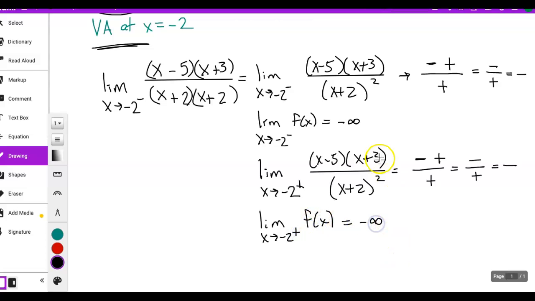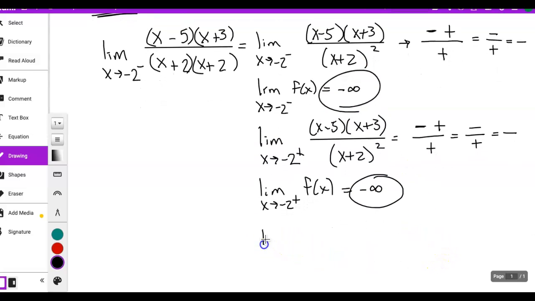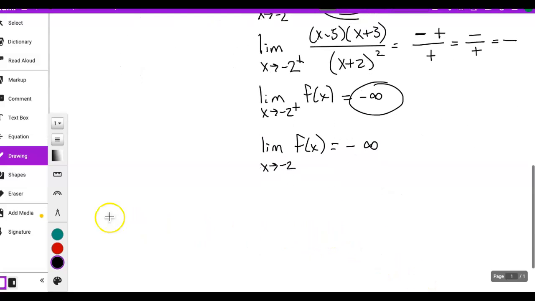So what that means is, since we're approaching the same infinity from both sides, that means that the limit as x approaches negative 2 from both directions is actually equal to negative infinity. Okay? If you try one like number 16, so just real fast, it's the limit as x approaches 0